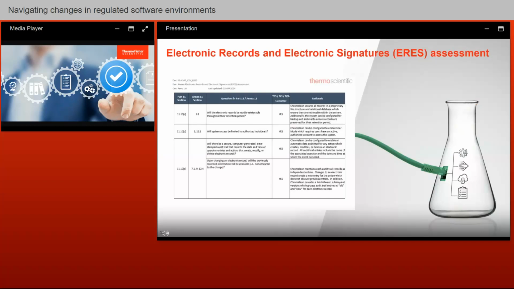As I shared, this is a look at how we do an electronic records, electronic signatures assessment for one of our applications called Chromeleon. You can see this is a bit of a crosswalk where we have sections of Part 11 from the FDA, Annex 11 as well, and we have the common question that each of the sections is getting to, and we explain where we have built the application